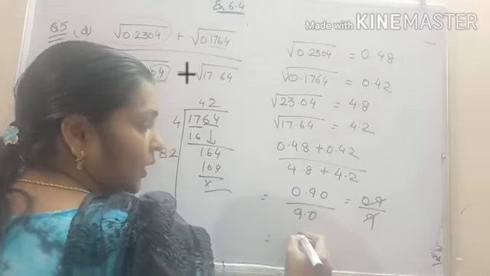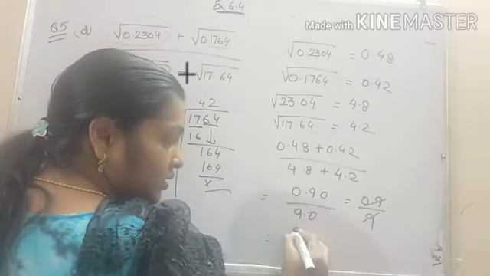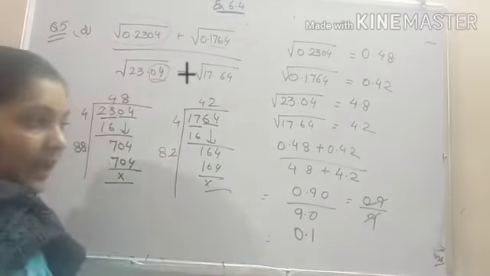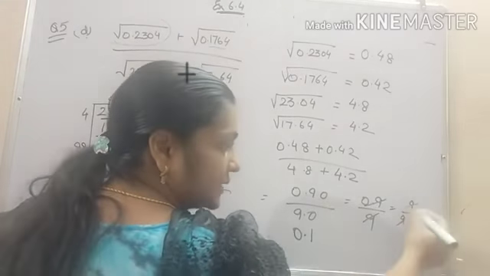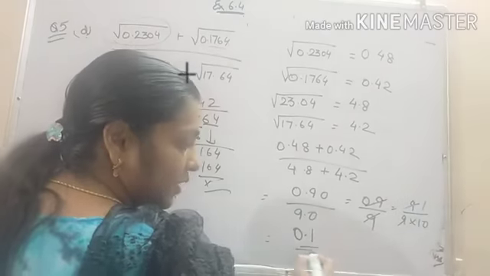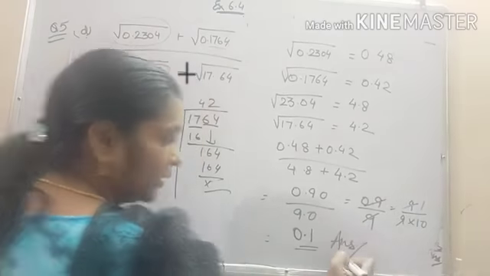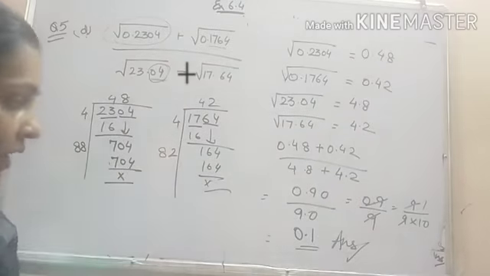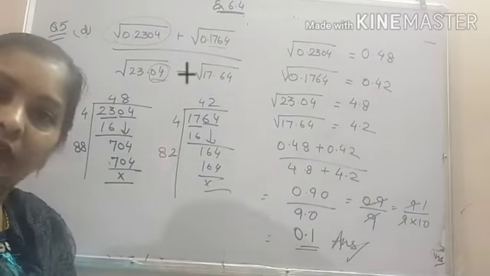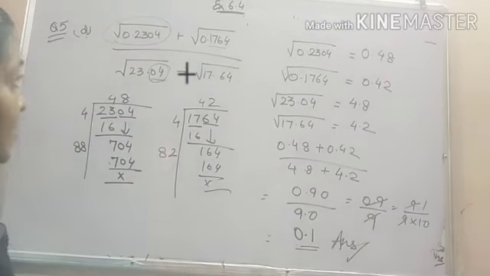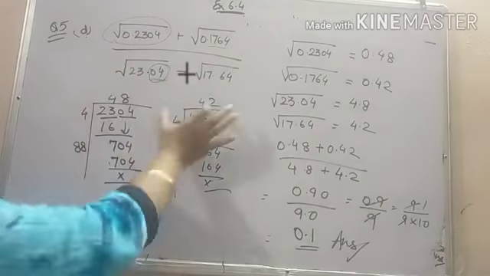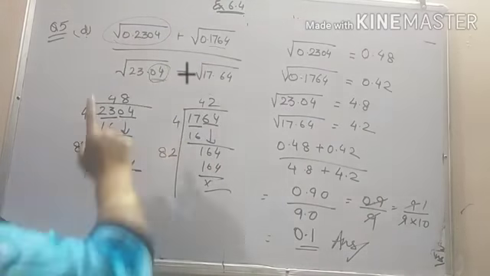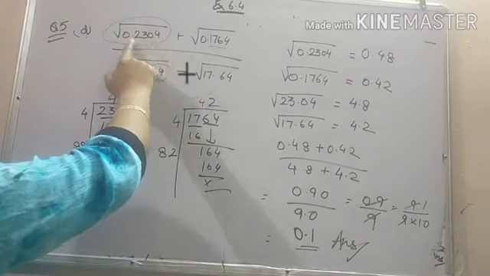It will be equal to 0.1. And another way to do it, 9 by 9 into 10. Cancel 9 by 9, 1 by 10, that is equal to 0.1. This solves our problem and we get the answer as 0.1. So no need to find the square roots of each and every number separately. Just find the square root of the two numbers and write the values according to the